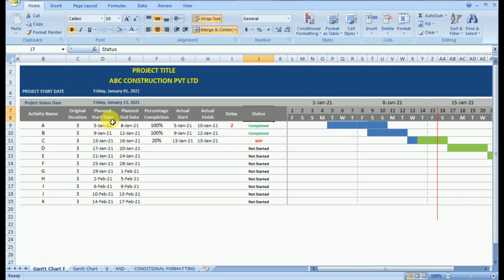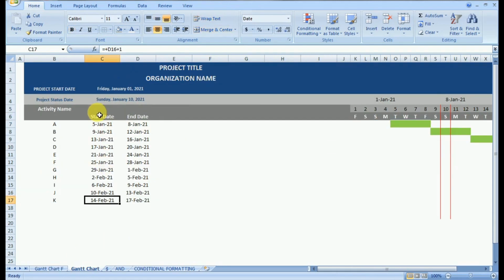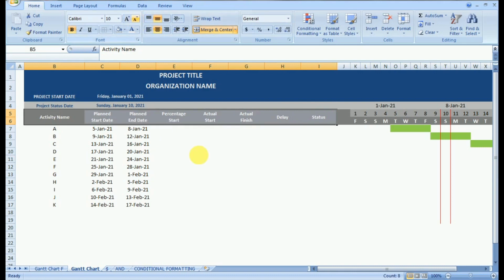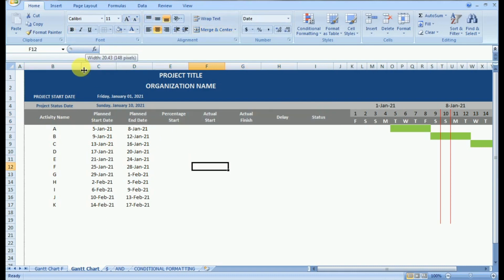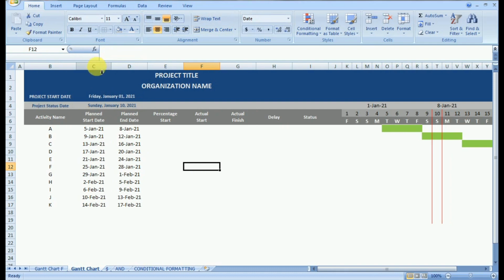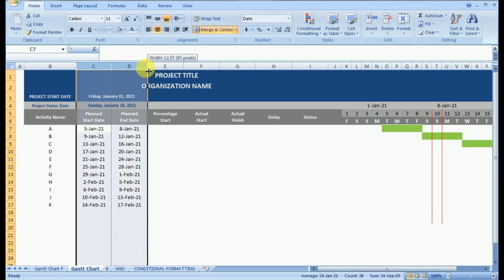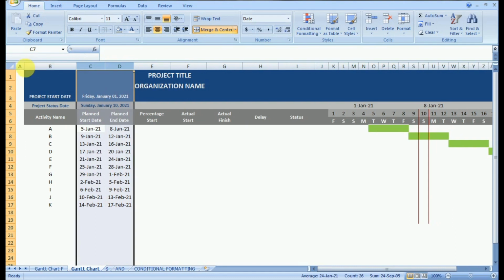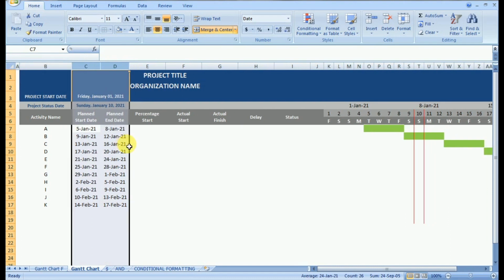Now our next step is to add the column headings. Once we add the column headings, that is percentage completion, actual start, actual finish, delay, and the status, we can adjust the column width.